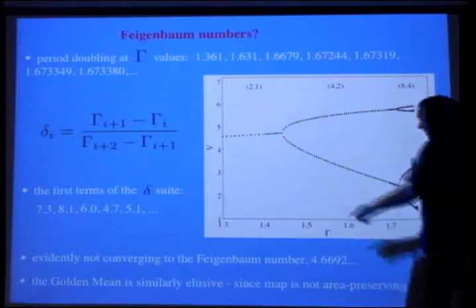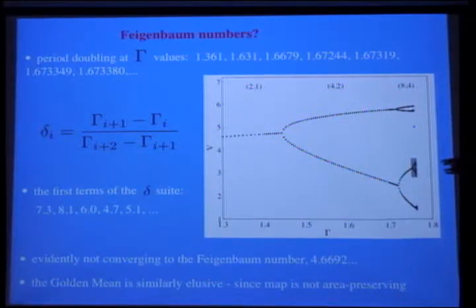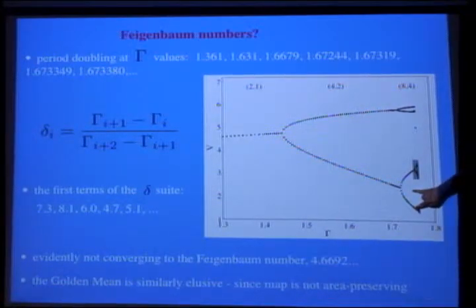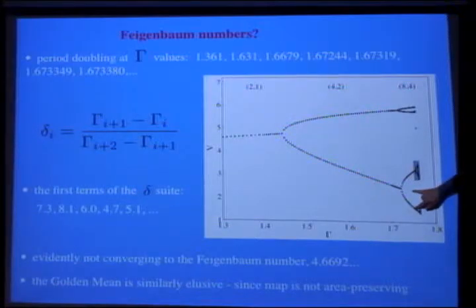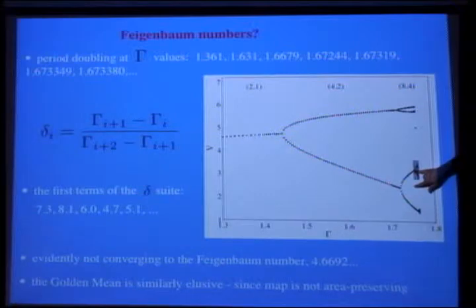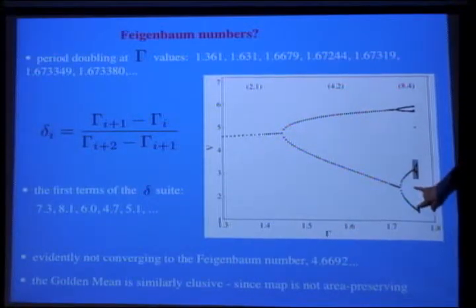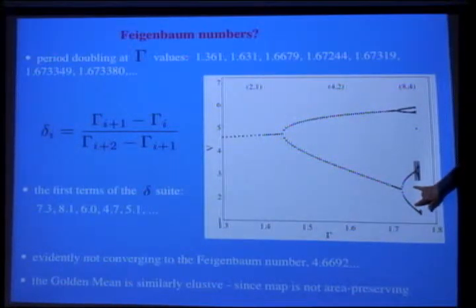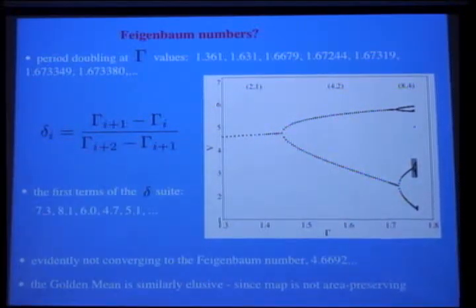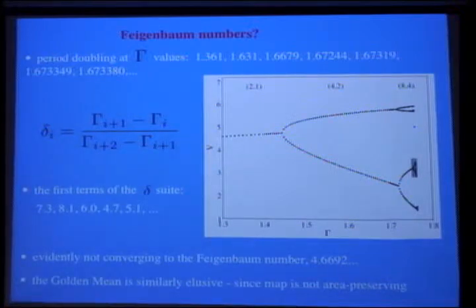But the other thing is, when you get maps like this, the ratio of that to that is given by the golden mean. Isn't that cool? So that to that. So you see this is asymmetric. So there's a class of maps for which that ratio to that ratio is always given by the golden mean. We were hoping it would have been too good to be true if we got the Feigenbaum numbers and the golden mean coming out of the system.